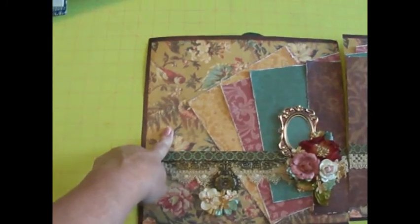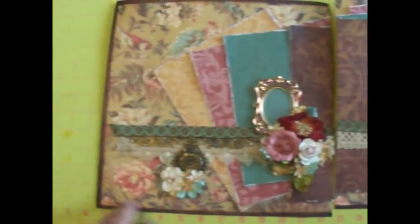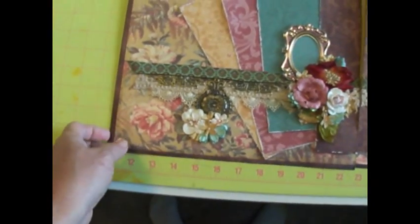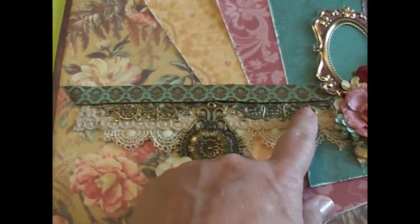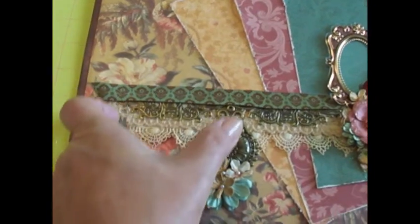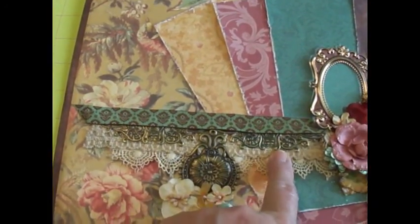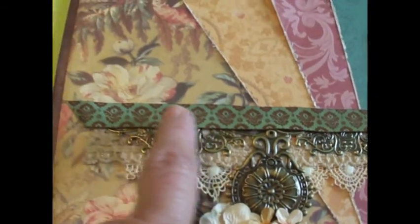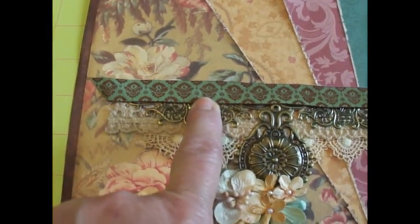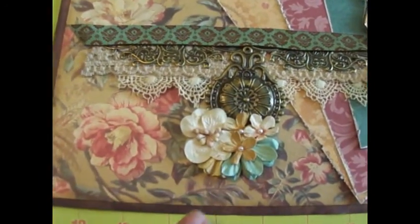And of course, this is old Anna Griffin, K & Company, and probably old K & Company. Anyway, that's Anna Griffin and K & Company all mixed together. But this right here was a piece of metal filigree that I had, and it's a long one, and I cut it in half this way, and then used it to make the border there, and then used some old ribbon that I had. I think it was from TCP. I bought it at a store in Houston long ago, and there's another piece of metal there, and then a cluster of flowers, which I love,